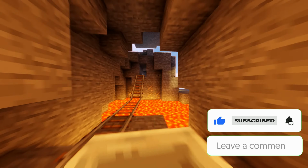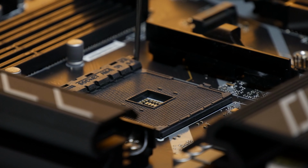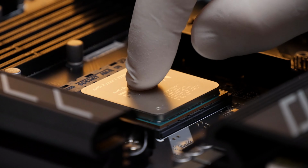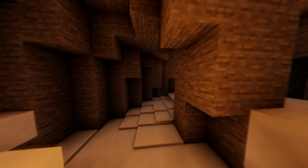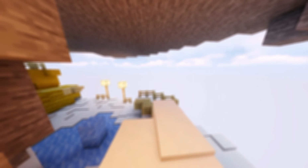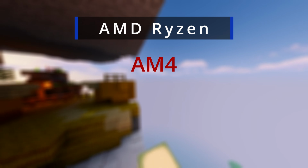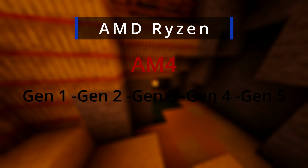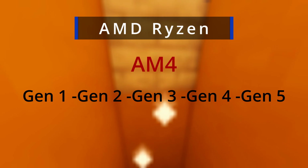Also, when buying a CPU, you need to be very careful, because every processor requires a specific socket to fit into a motherboard. You can't just install any CPU into any random motherboard. Each motherboard has a dedicated socket that's compatible only with certain generations of processors. For example, in the case of AMD Ryzen, we have the AM4 socket, which supports all Ryzen CPUs from the 1st to the 5th generation. This makes AM4 one of the best sockets in terms of upgrade potential, because it allows you to install CPUs